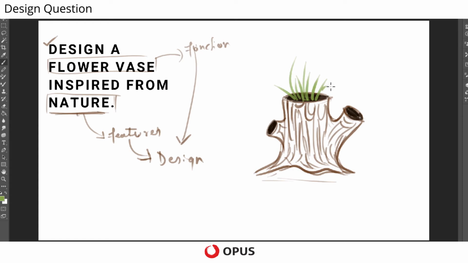Here you see, certain kinds of stems are coming from here, acting like a flower vase, and the whole design can be called inspired from nature itself. The vase is actually designed in the form of a tree trunk.